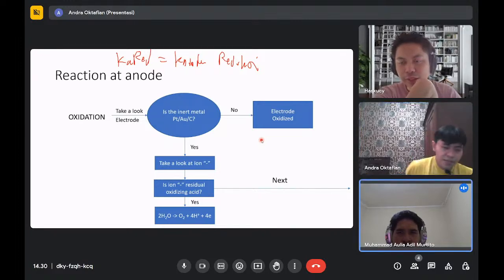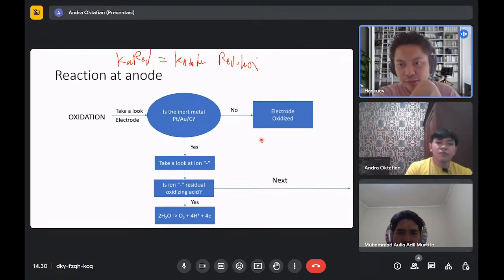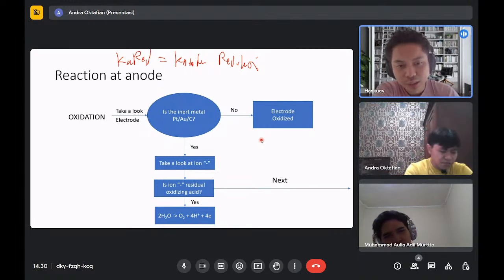I see. In the water, like this, what do you mean? Sorry, what I mean is, is this reaction cell in the water or something, because you have